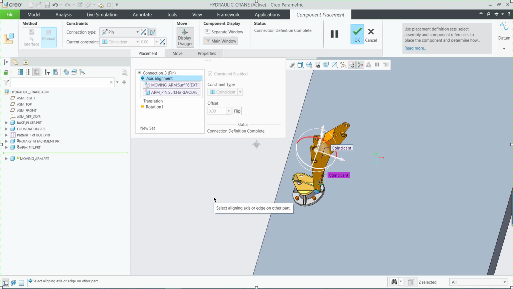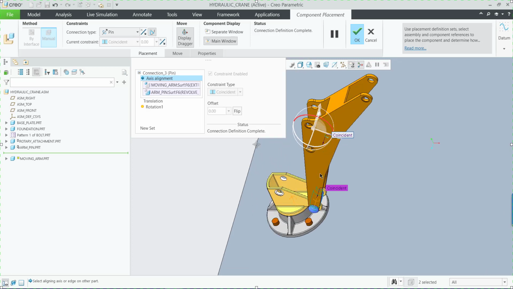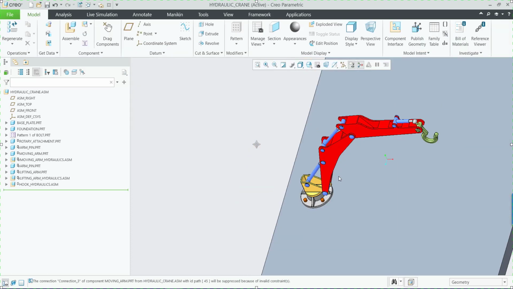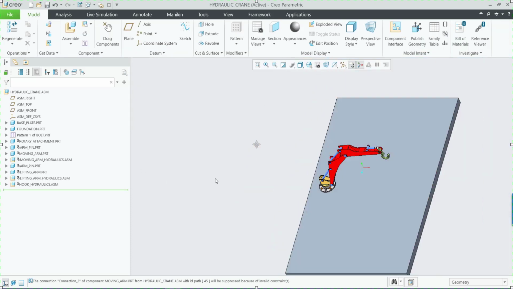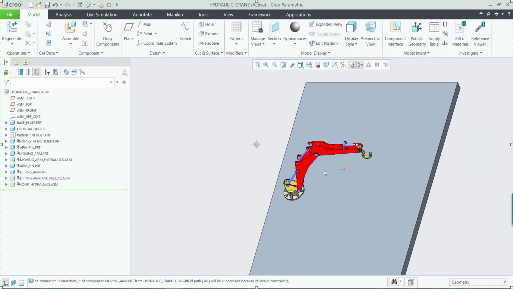It doesn't have a prime mover. It will be rotated based on the slider connection over here, which is nothing but the piston cylinder arrangement. So this much is sufficient for this moving arm, and I would complete the constraint conversion to connections for the